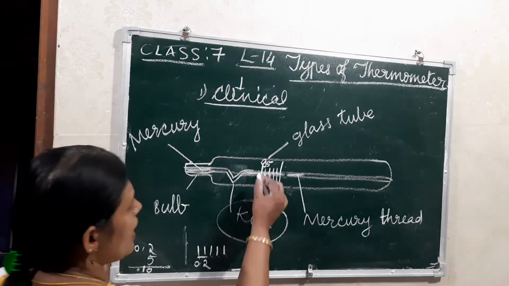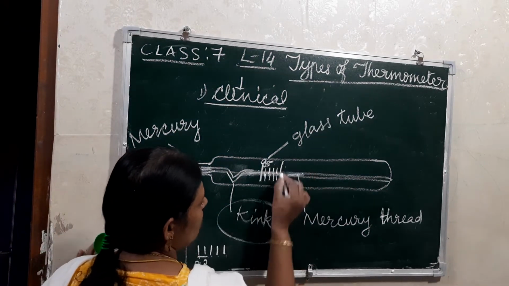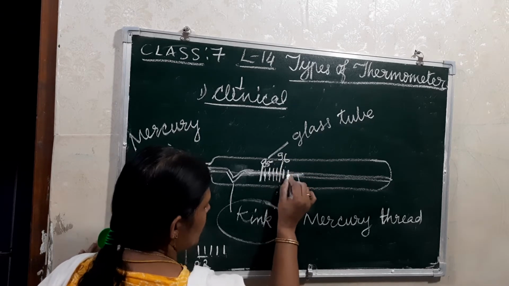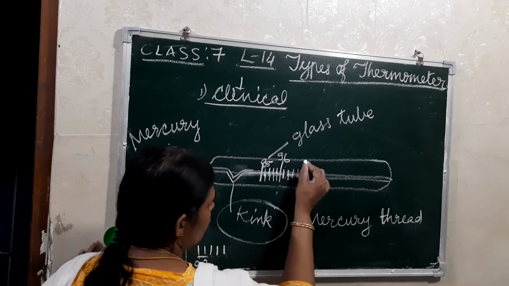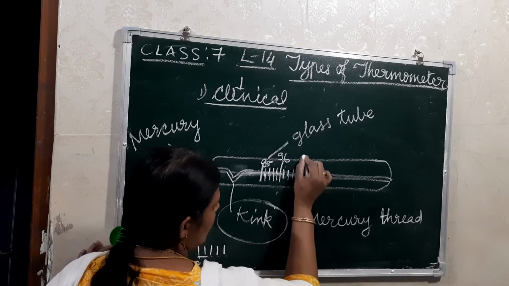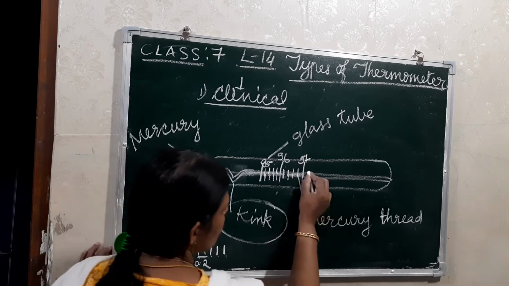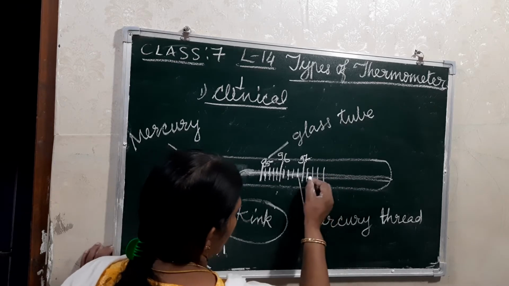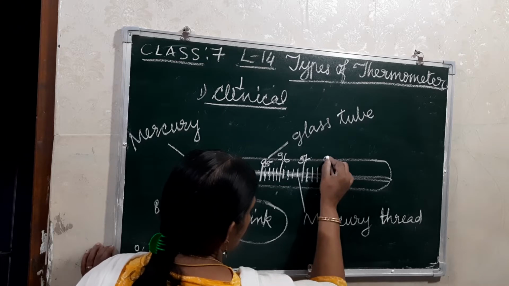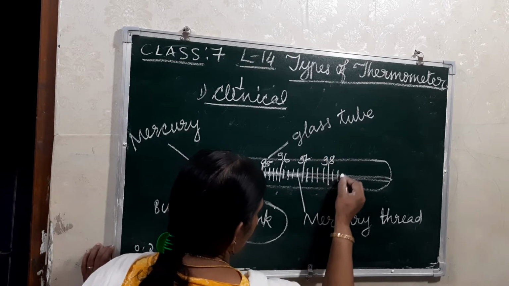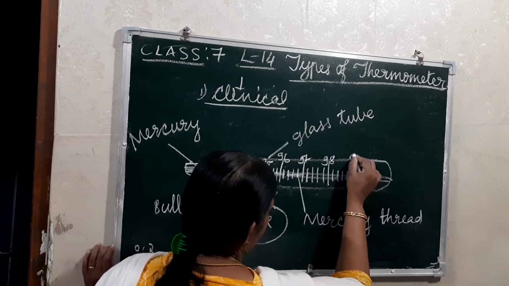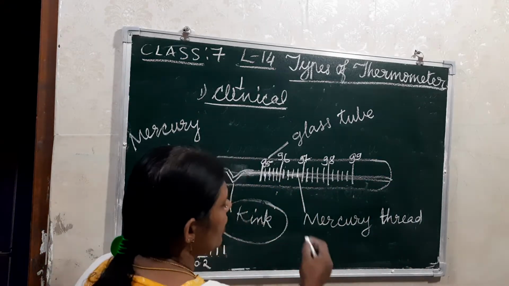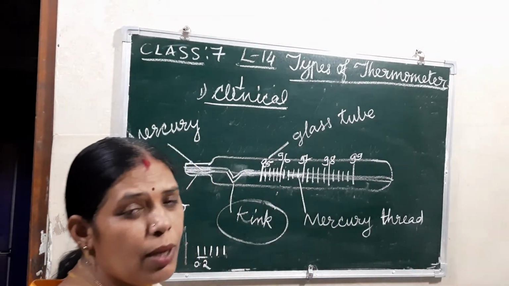So here if it is 95, then it comes here as 96. Then again 1, 2, 3, 4, 5, so here it is counted as 97. In this way it will go on. 1, 2, 3, 4, 5, so it is 98, then 1, 2, 3, 4, 5, 99. This way it goes. And when it reaches here, what is the normal human body temperature?